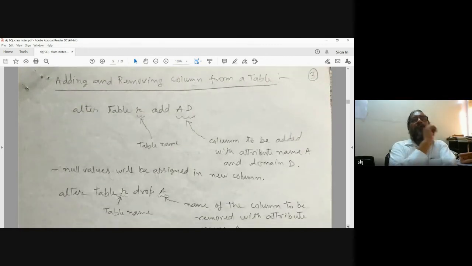Now, if we want to add or remove a column in a table, suppose there are 3 or 4 columns in a table, we want to add a column in the table. So what is the way? We use the alter command or alter statement. Alter table R, add A D. R is the relation name or table name.